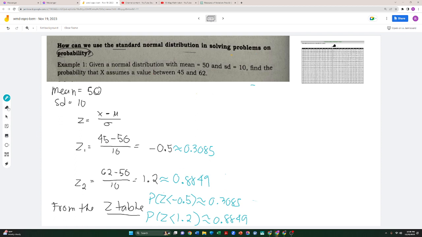Okay, so that is the plus star. And then, after that,